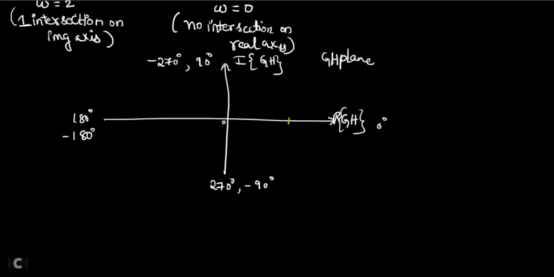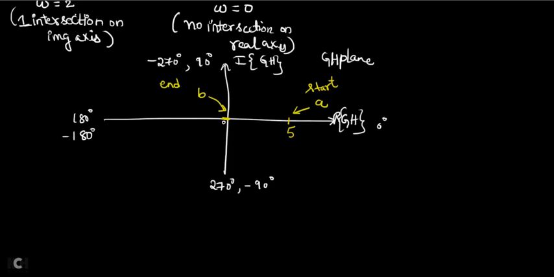This is my point A, my start point. I have to start drawing the circle from here. Where is my end point? This is my end point B. The magnitude is 0, but the angle is minus 180 degree. That is B, and B is your end point. It should start from A and end at B.